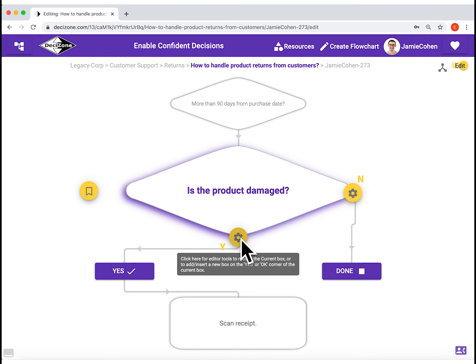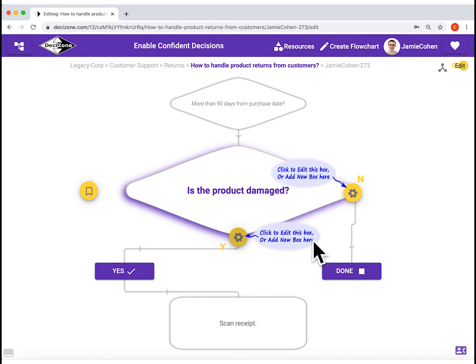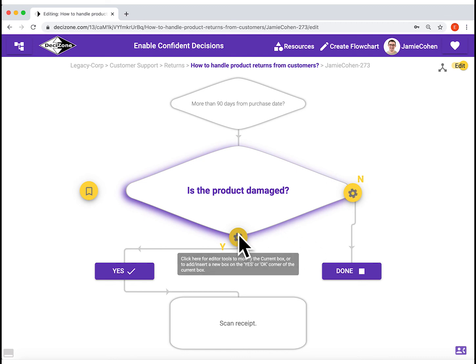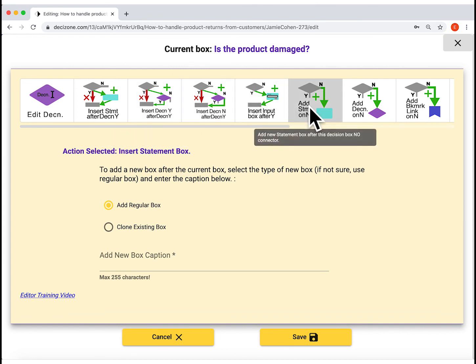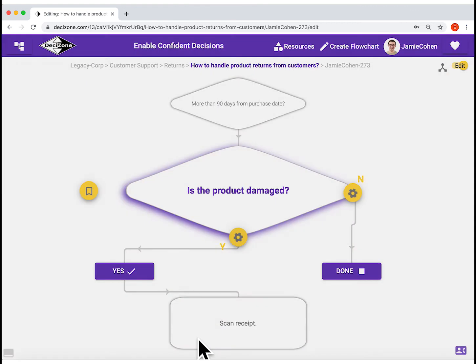It works the same way for inserting other types of boxes, and so you have a lot of flexibility in maintaining your flowcharts. Once again, keep in mind that the edit menu is contextual and the tools available depend on your current box. This means that different insert tools will be available as it makes sense according to the current box being edited.